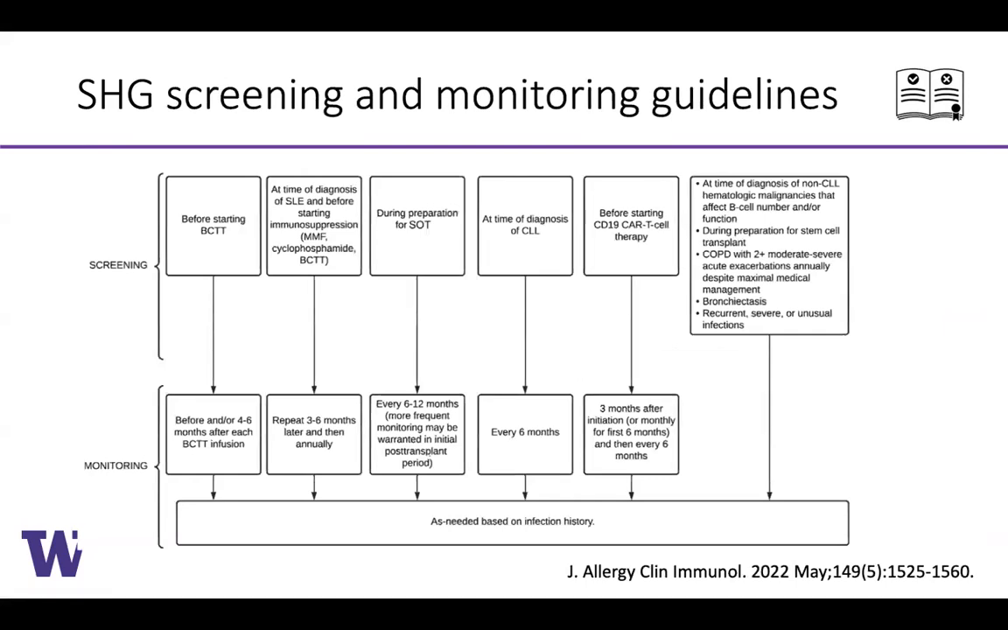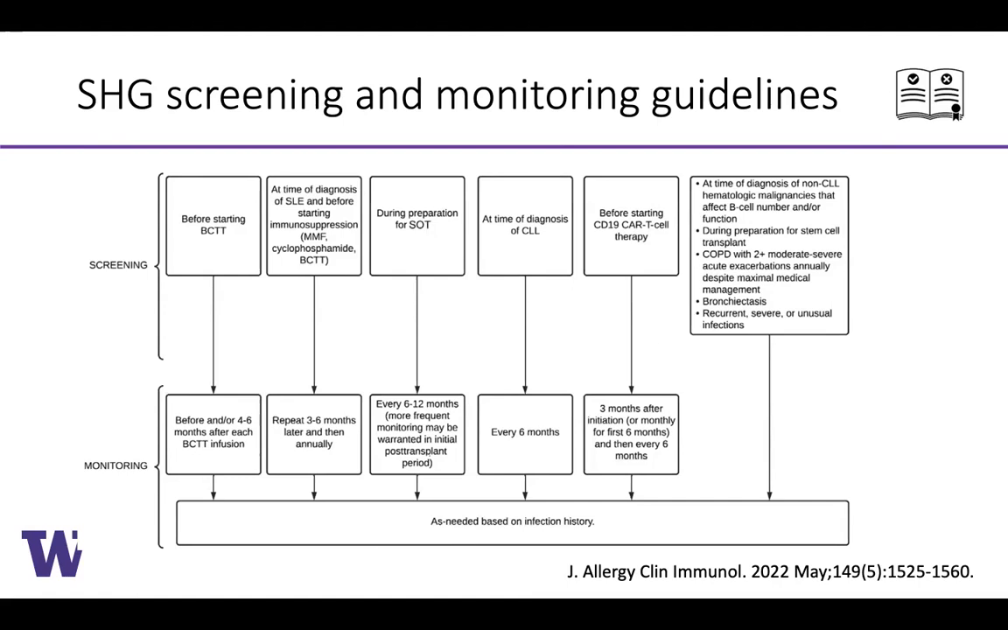This is a very busy figure, but it's a really good one. These are our society's QuadAI recommendations on who should be screened for immunoglobulin levels. That would be any patient before the start of B-cell targeting therapy, any patients with a diagnosis of lupus and before starting immunosuppression, any patients preparing for solid organ transplant, patients at the